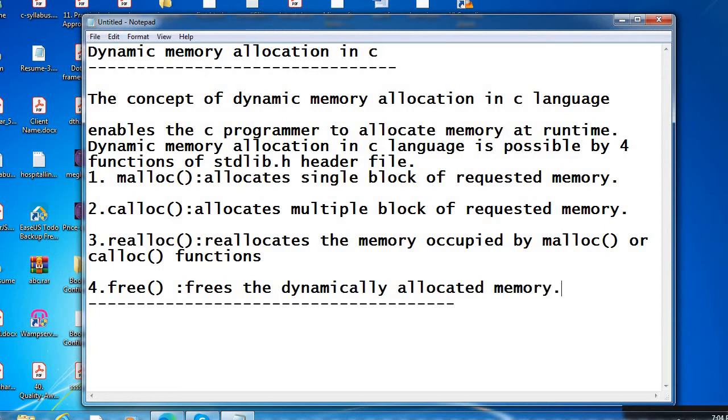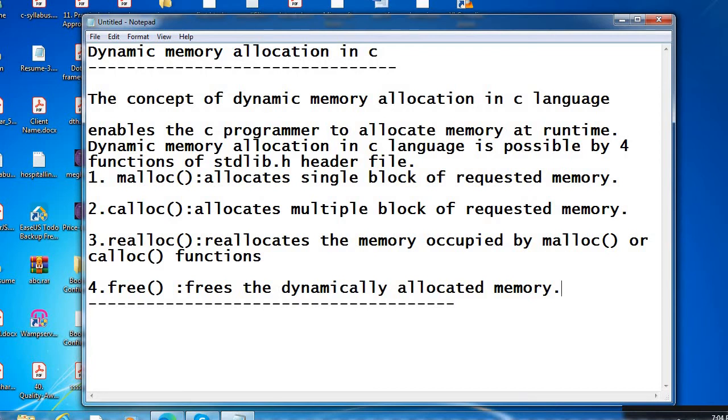So malloc means allocates single block of requested memory. Calloc means allocates multiple block of requested memory. Realloc means it will reallocate the memory occupied by the malloc or calloc functions.